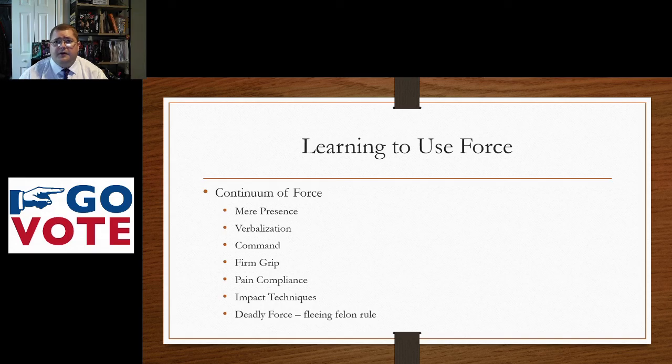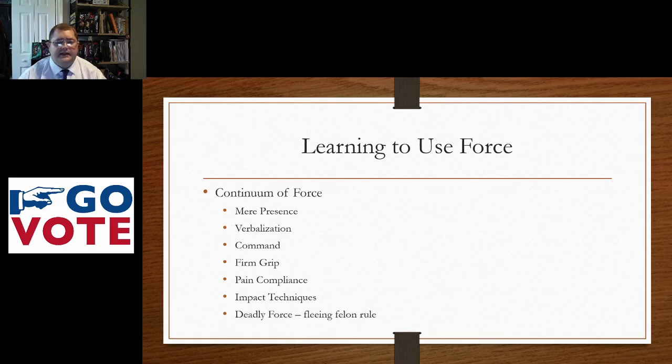Many criminals are smart enough to watch an area and see if the police officers leave before committing a criminal act. But for the most part, most criminals that are actually going through any type of decision-making process aren't going to commit a criminal act with a police officer in clear view. The next is verbalization, and we talked about those different levels of talking in the previous slide, but it's broken down into two levels here. Verbalization is basically asking things, and then the next command is telling. So if the asking wasn't followed, then the telling happens.